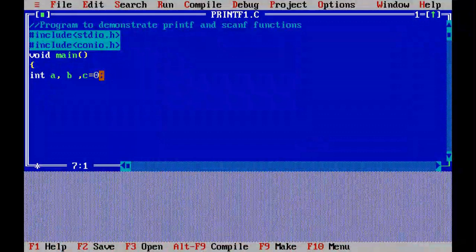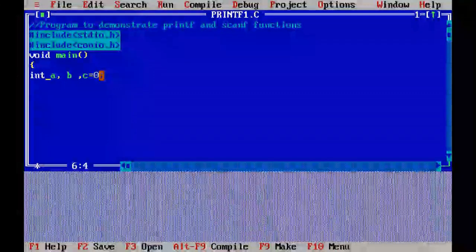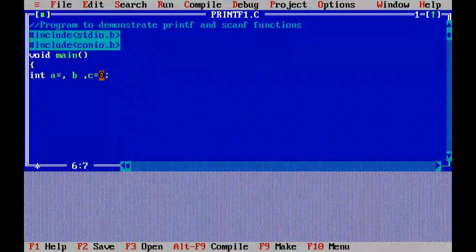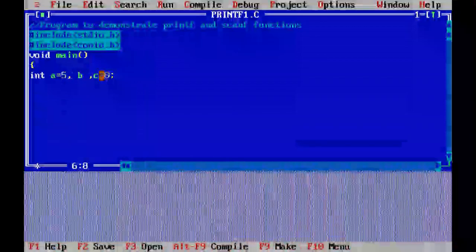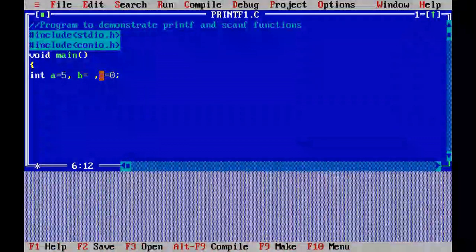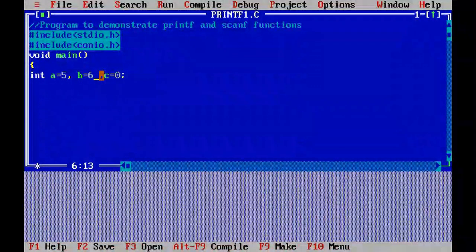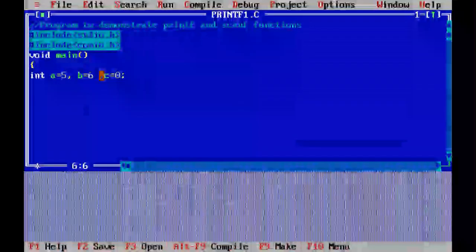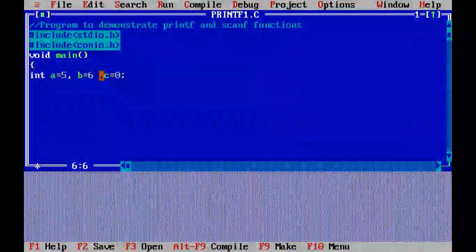Now in the previous example I just assigned values to the variables, like a equals 5 and b equals 6. It means I am assigning value 5 to variable a and value 6 to variable b.